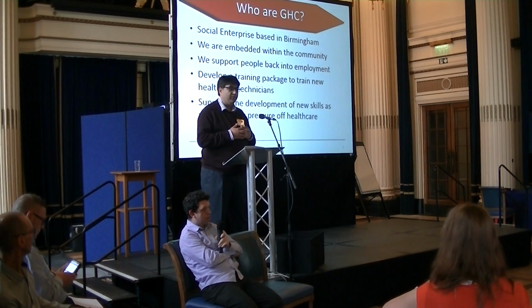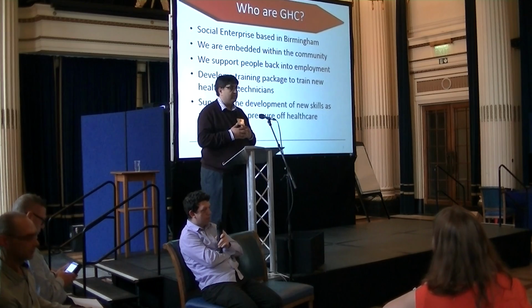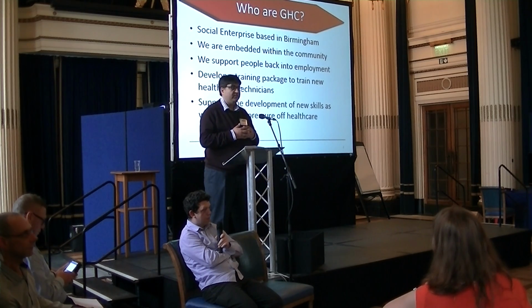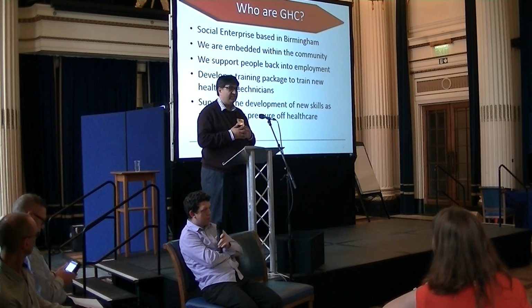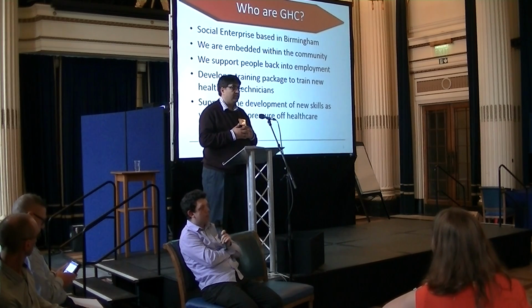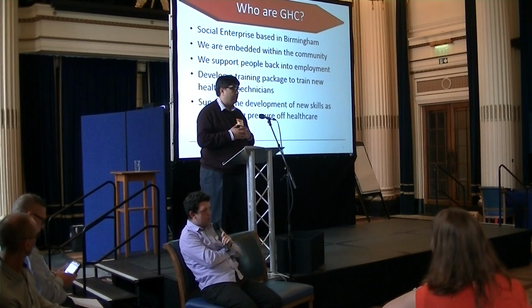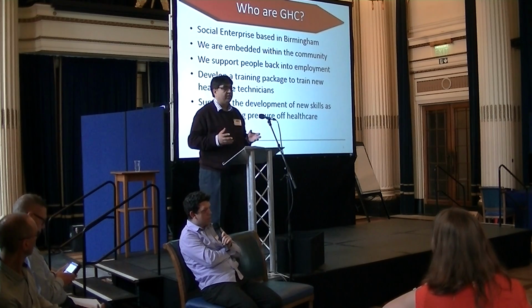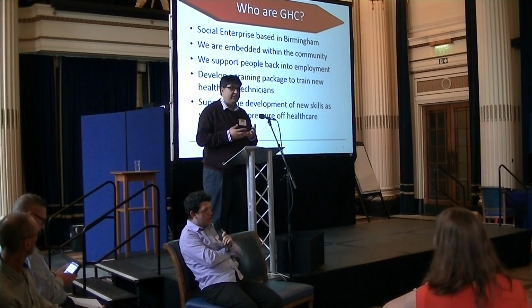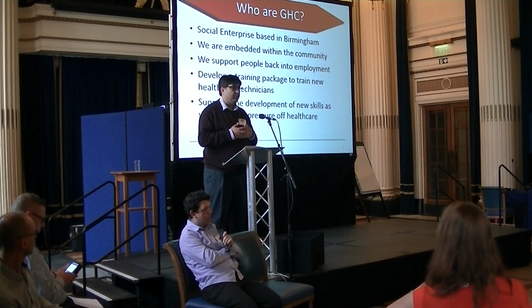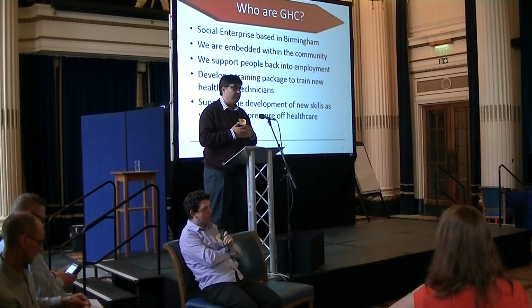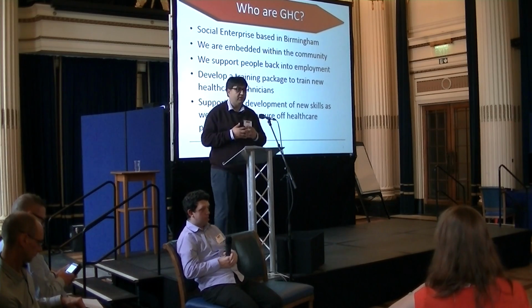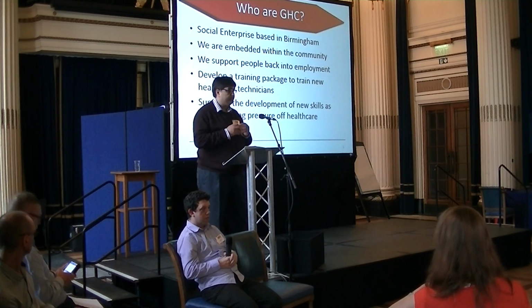The government agenda has moved on to ESA clients. There's 2.5 million unemployed ESA clients. There's 1.7 million JSA clients. The government's now saying to these work program providers that you must work with ESA clients. ESA clients are people who have disabilities or some issues on medical or health grounds, to support them back into work. So we are working with People Plus and GHC to support the government agenda to get these people into work. And that's why we're here today, to see if we could use technology to support these people into work.